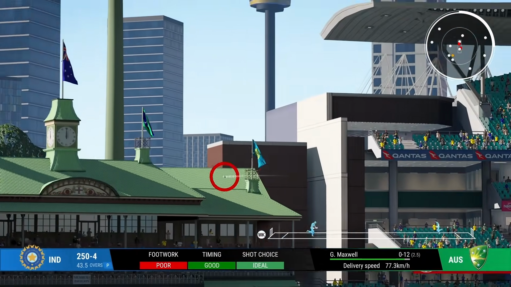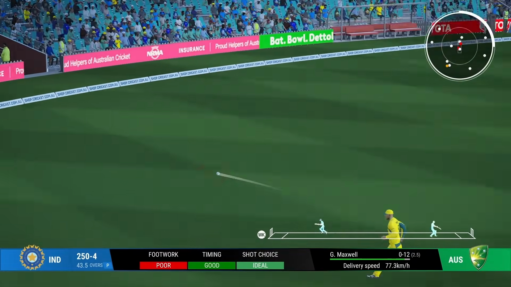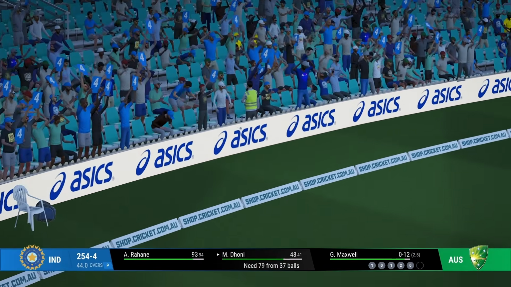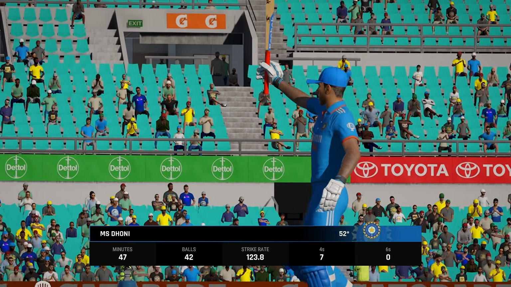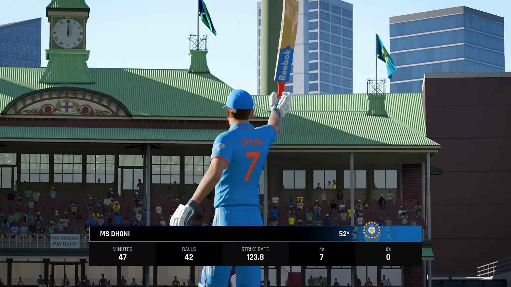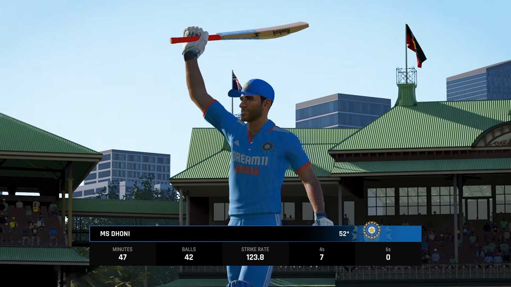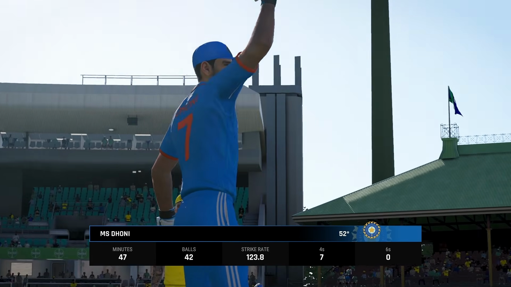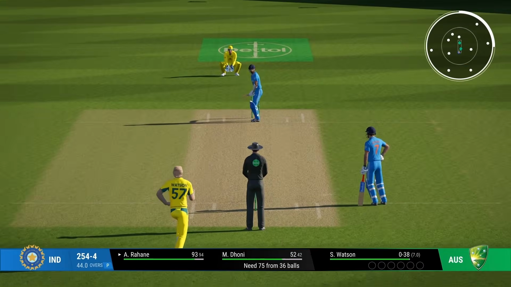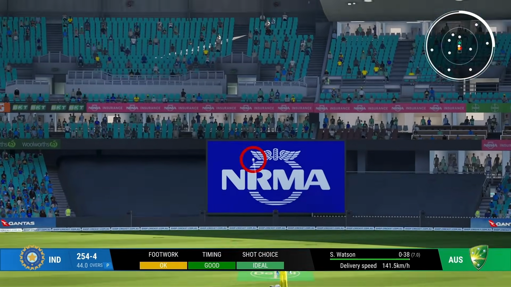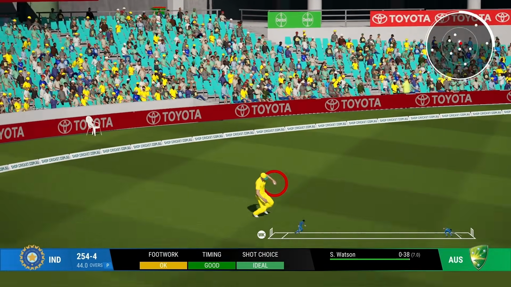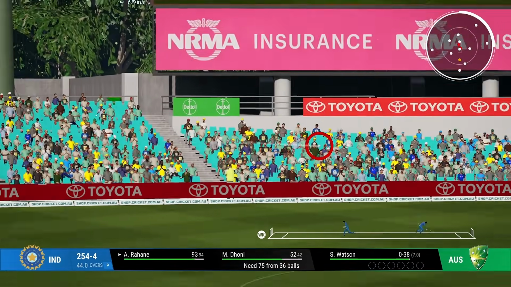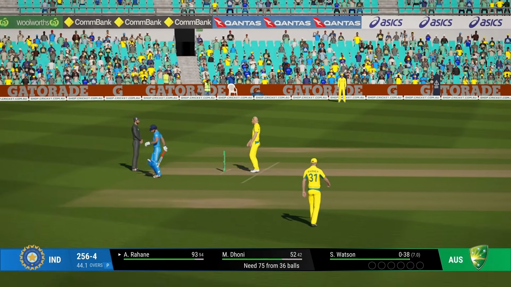That's hit. And finally something works out against spin. We have 6 overs left. We need 75 runs. MSD will get to 52 or 42. This has been a much needed innings, but we are not done. Not anywhere near. Hit pinpoint straight. But this ground is just huge. At least we have enough time to come back for 2.